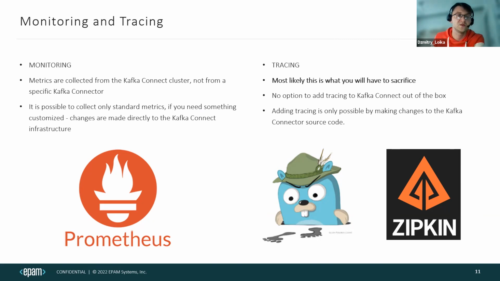But if you need to implement something new which isn't provided in this solution, you can make changes to the source code. That means all metrics which you collect are from the whole environment, not from the concrete Kafka connectors, and only specified metrics which are already